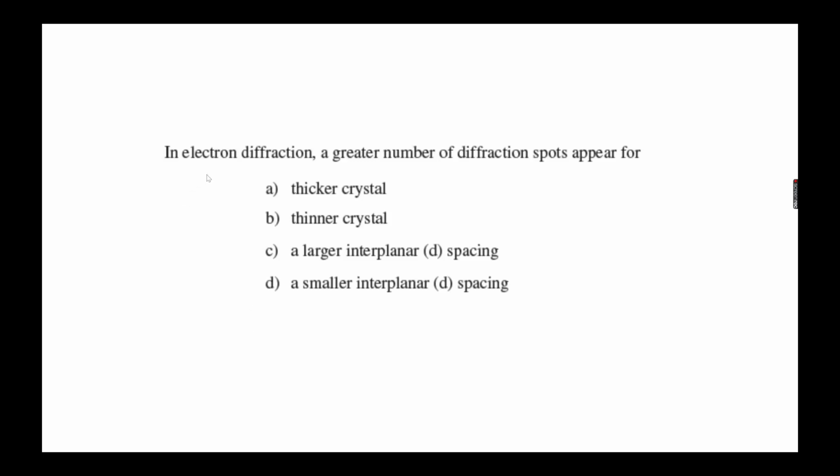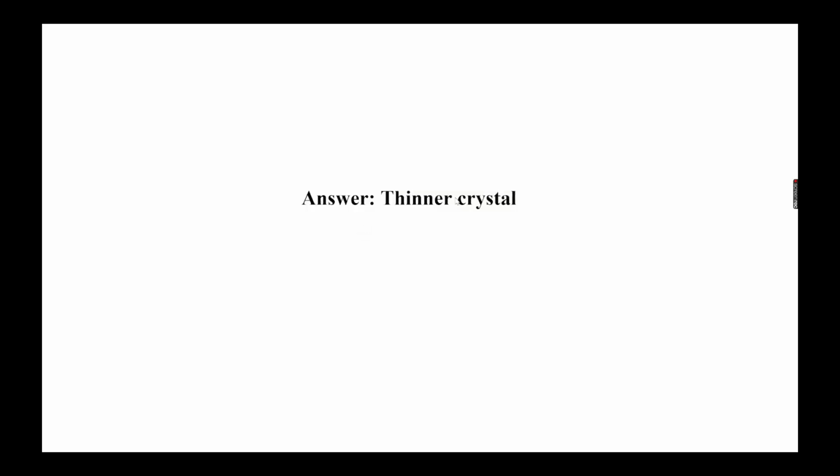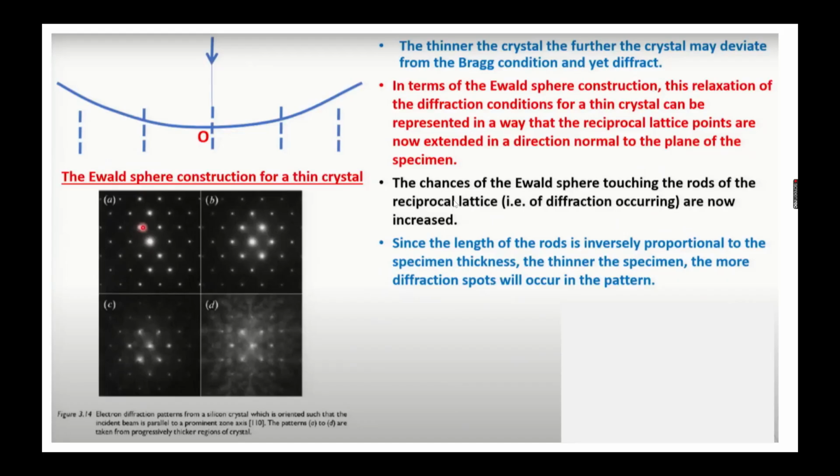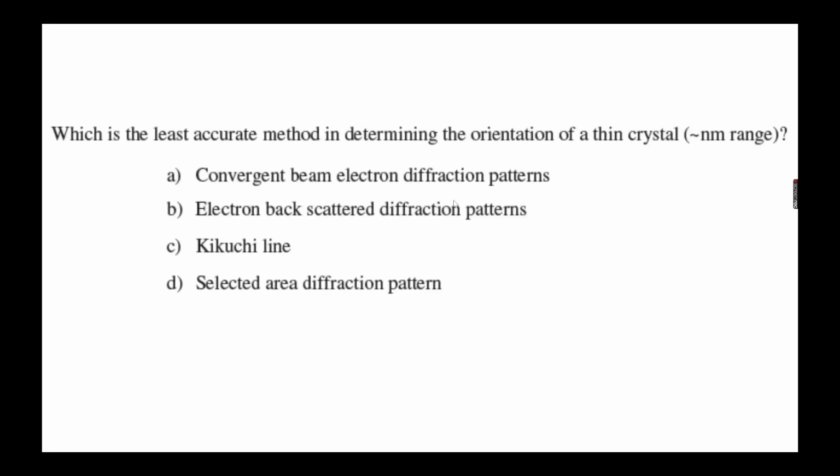So here it is asking, in electron diffraction, a greater number of diffraction spots appear for thicker, thinner, or these two other answers. When your material is thinner, the number of diffraction spots is greater. Okay,